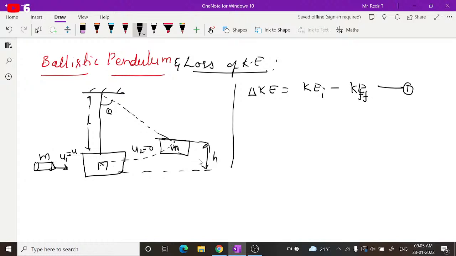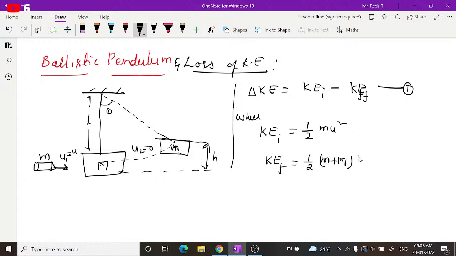Initial kinetic energy is the kinetic energy of the entire system. Before collision, the block is at rest and only the bullet is moving, so initial kinetic energy is nothing but half m u square. Final kinetic energy is that after collision. After collision both are moving with the common velocity, so kinetic energy is nothing but half small m plus capital M into common velocity square,